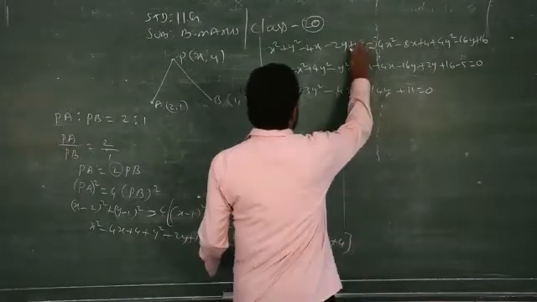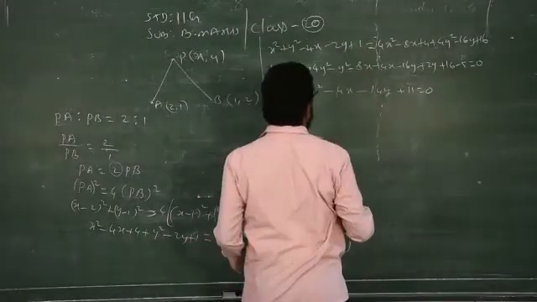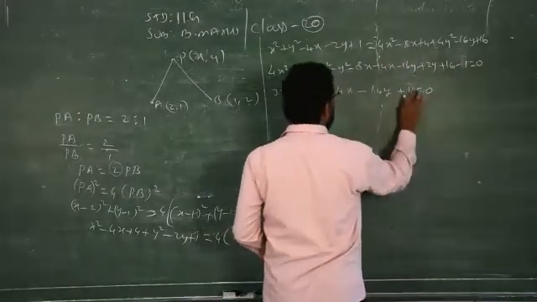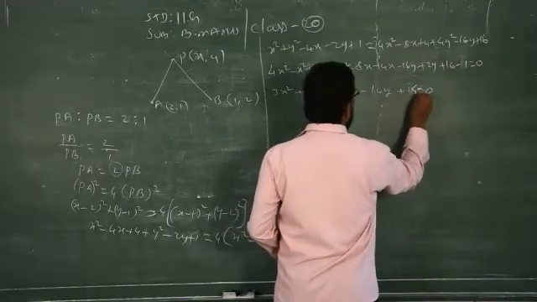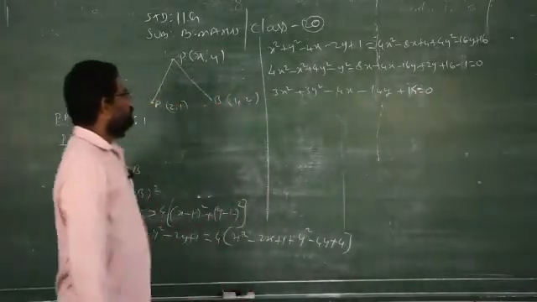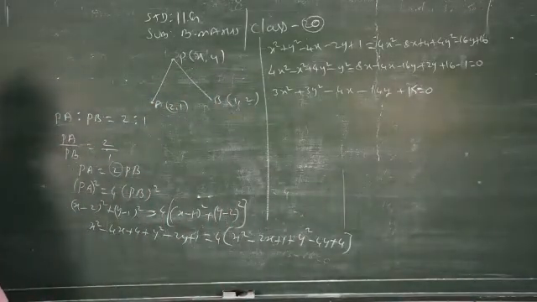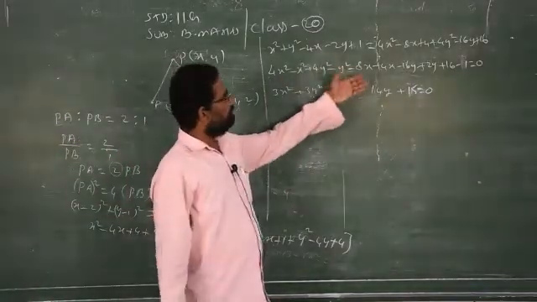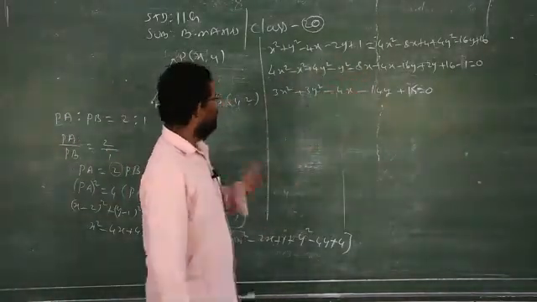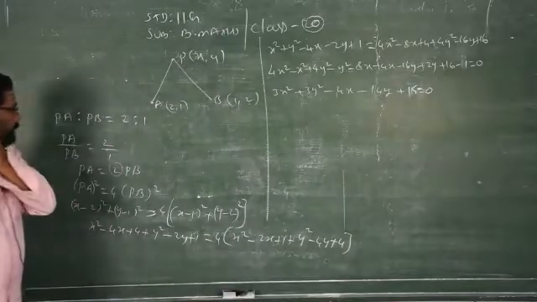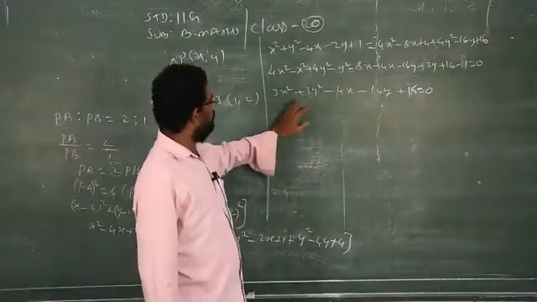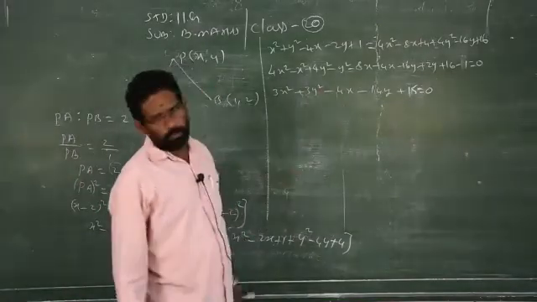Here plus 1, I wrote 5. So 1 here minus 1, so we will get 15. So, a follow-up: when you proceed with the problems, you have to check each and every step. Clear? So this is the required locus of the given point P. It will represent a circle because x and y have power 2.